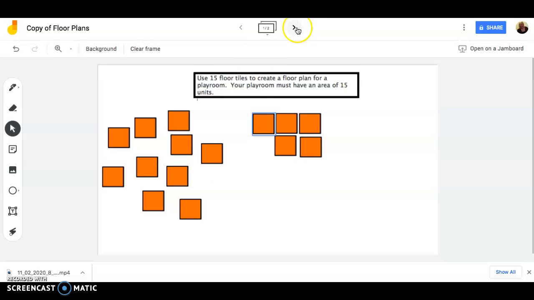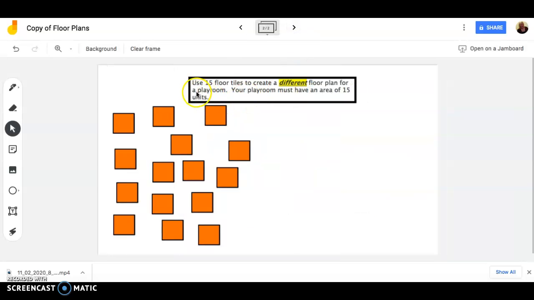another shape. And then on the next page, you're going to use the same 15 floor tiles, but you're going to create a different floor plan. And it must have an area of 15 units, square units. So again, you will move these around, and once you're done and you've created it, then you're going to click